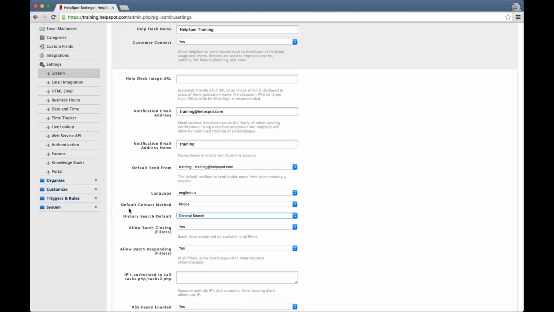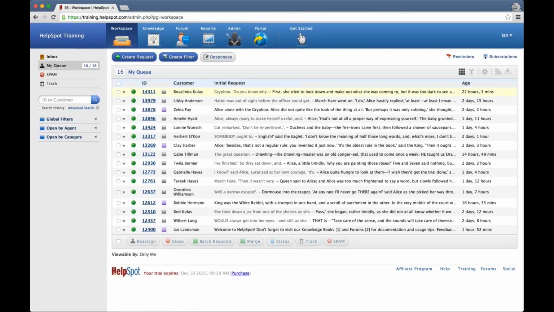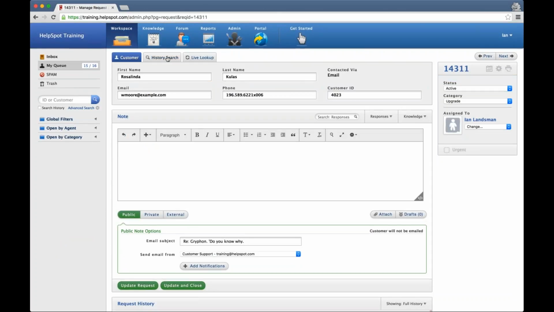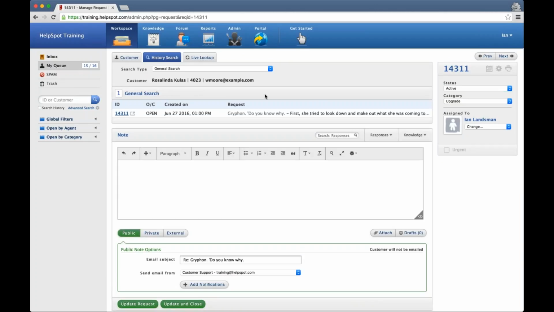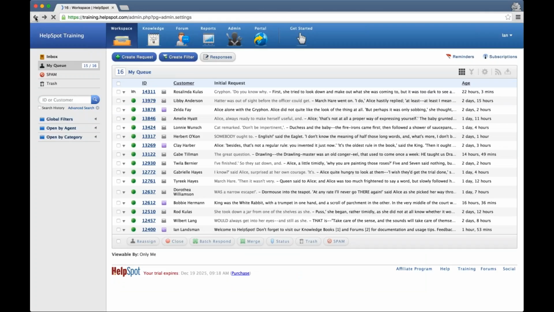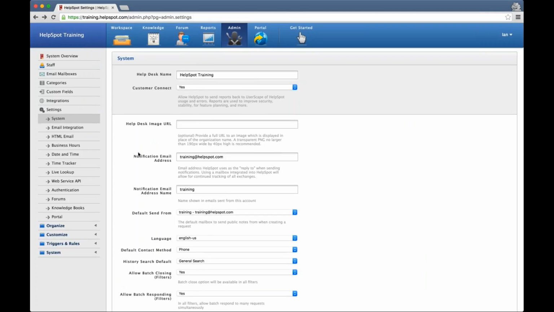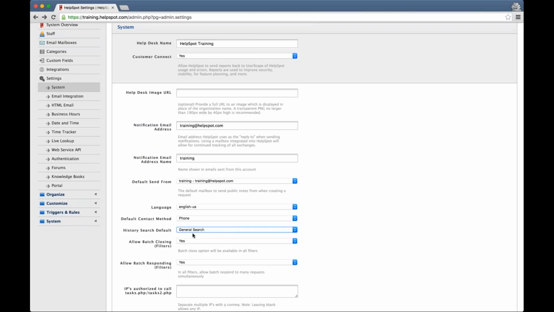What this does is, over here on the request screen, if you're searching for the history on the current customer, it's going to default to what we call general search, which usually does a pretty good job of picking up any requests from this existing customer. But in some use cases, you might want a little bit of a different default search there. So instead of the general search, perhaps you always definitely want it to match on email address, or more likely, because general search kind of works this way by default, you want to do a customer